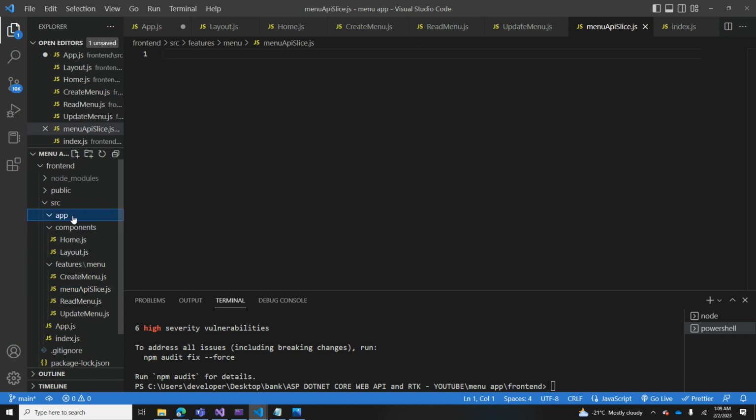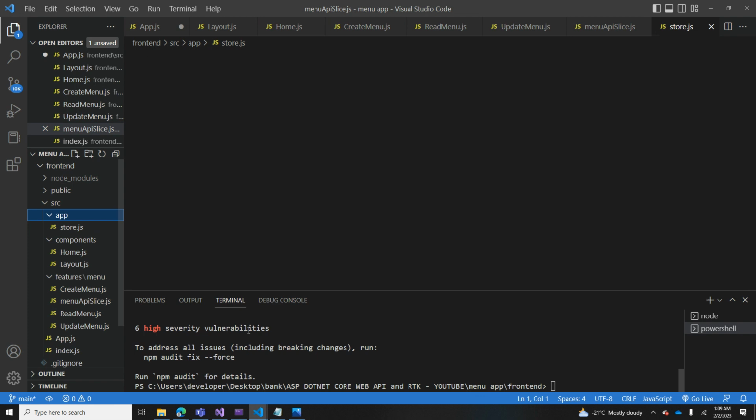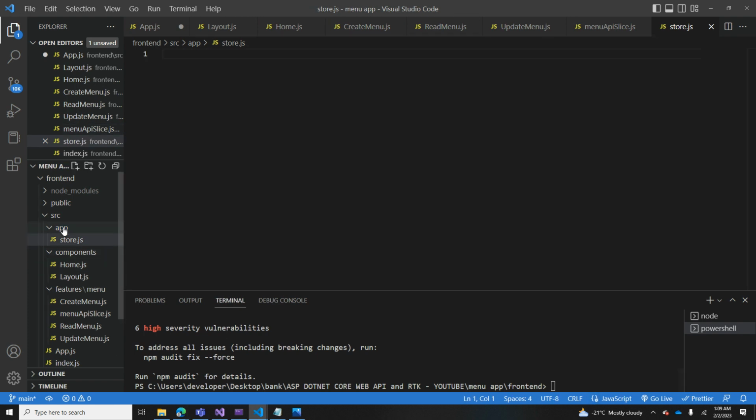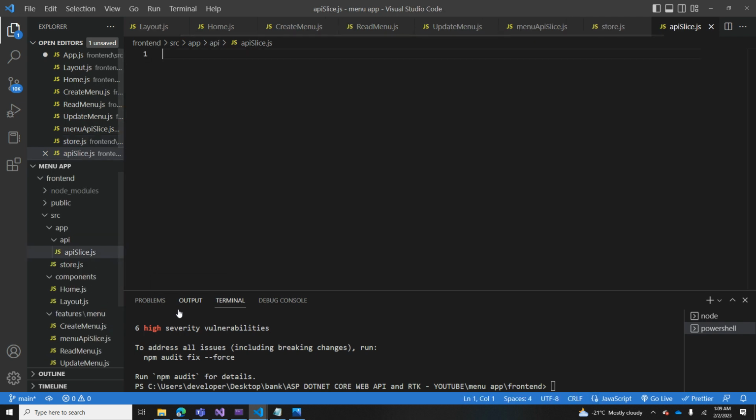So inside app folder, let's add another file, and the file name will be store.js. Okay, inside app itself, let's create another folder. It's going to be named as API, and inside API, let's add a file. It's going to be API slice.js. Okay, now we will start working on API slice.js,